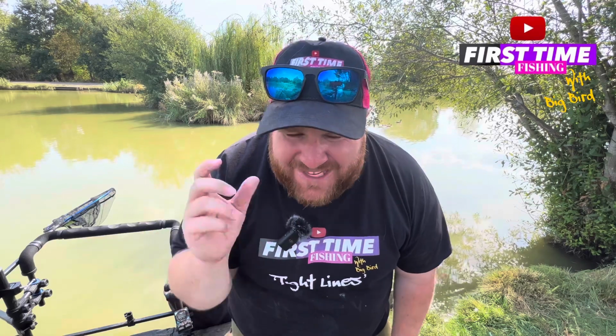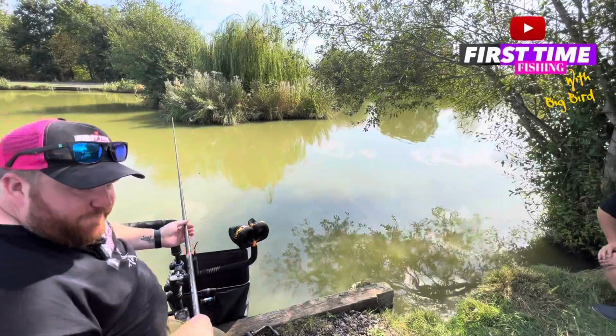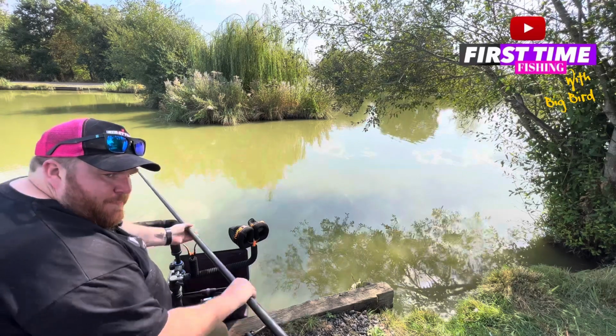I'm going to ship them out in front of me so you can see how straight they are. I'm going to give you a little bit of detail of how they feel in the hand. And then we're just going to fish with 3 sections on, just in this margin, just down here. So if we actually ship this MAP 1001 margin pole out,